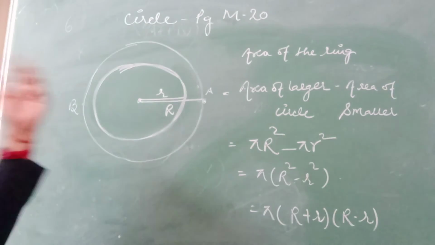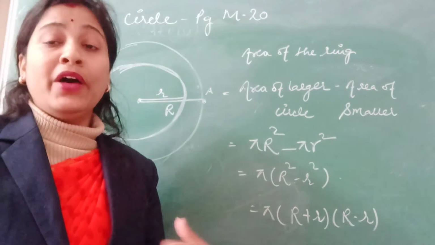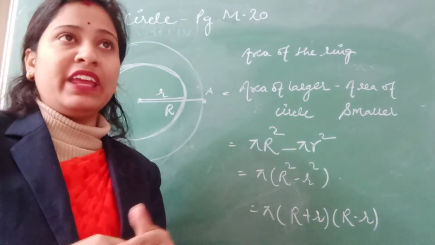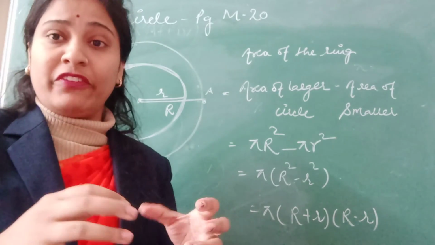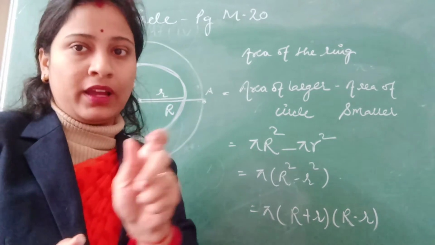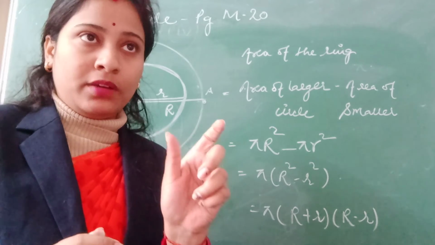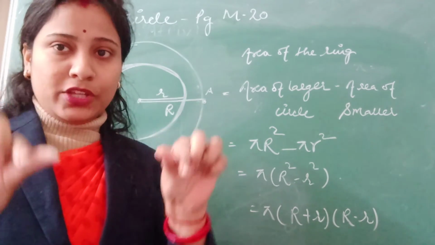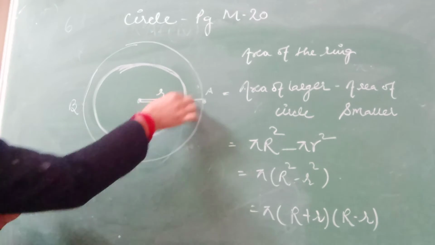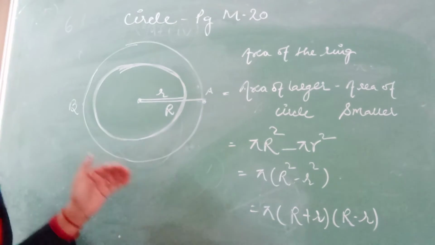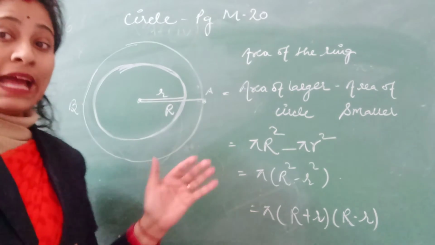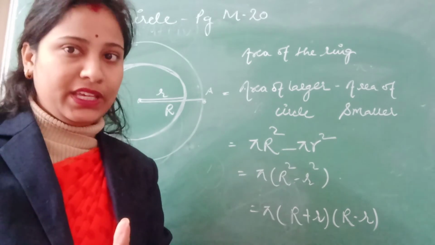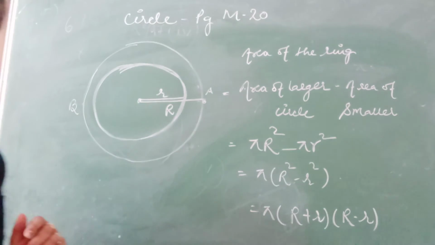Let's start with area of the ring. Ring means what? See, if I say ring, आप ले सकते हो, if I take the case of bangle, the thick bangle, जो अगर कोई मोटी bangle है, तो आप क्या देखते हो? वो मोटी bangle की thickness होती है. So let's say this be the thickness. Okay. So if I say this be the thickness, that means एक outer circle है और एक inner circle है. ठीक है? One is outer circle and one is inner circle.